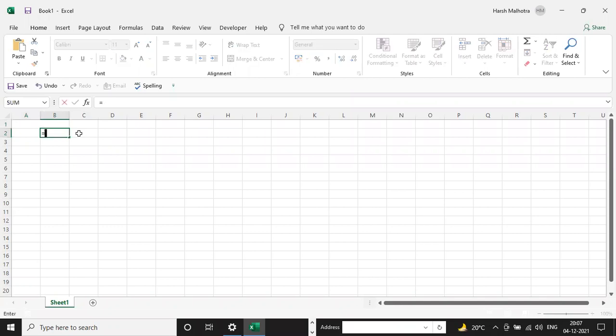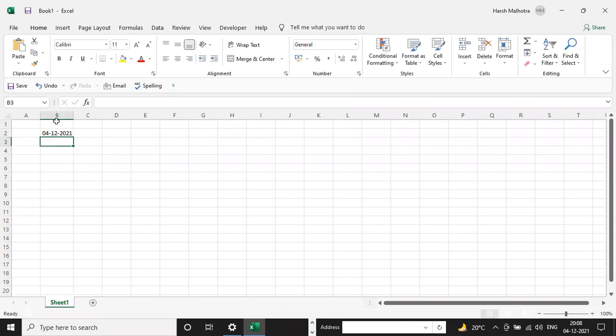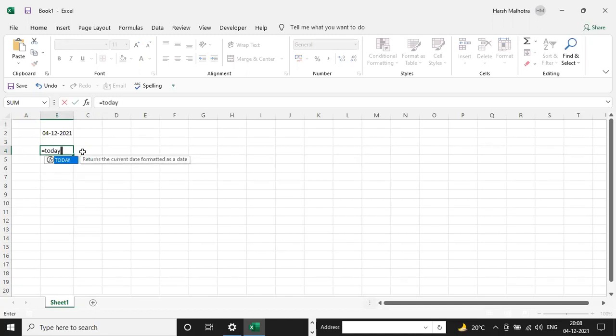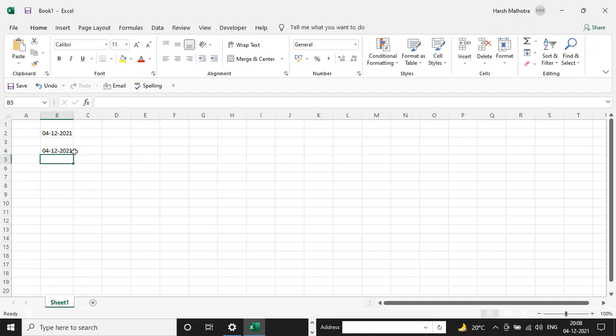See, click on this Excel and press the TODAY function. Okay, it will show you whichever date format your Excel and your file is taking. See, my file is taking 4/12/21. So if you change your format in the setting, first restart your system. Then click on one Excel and press this TODAY function. It will show you whichever date format you have, Indian accounting or US accounting. So first you try this.